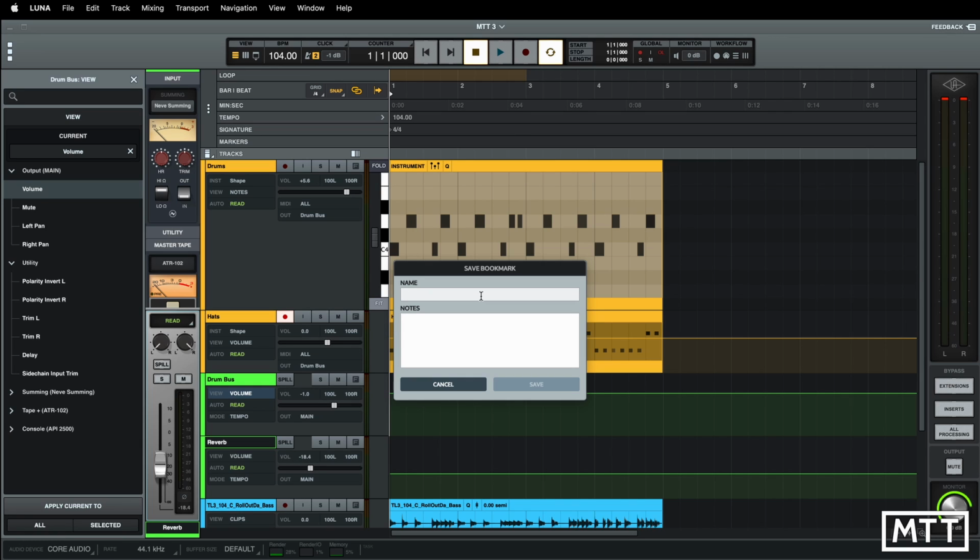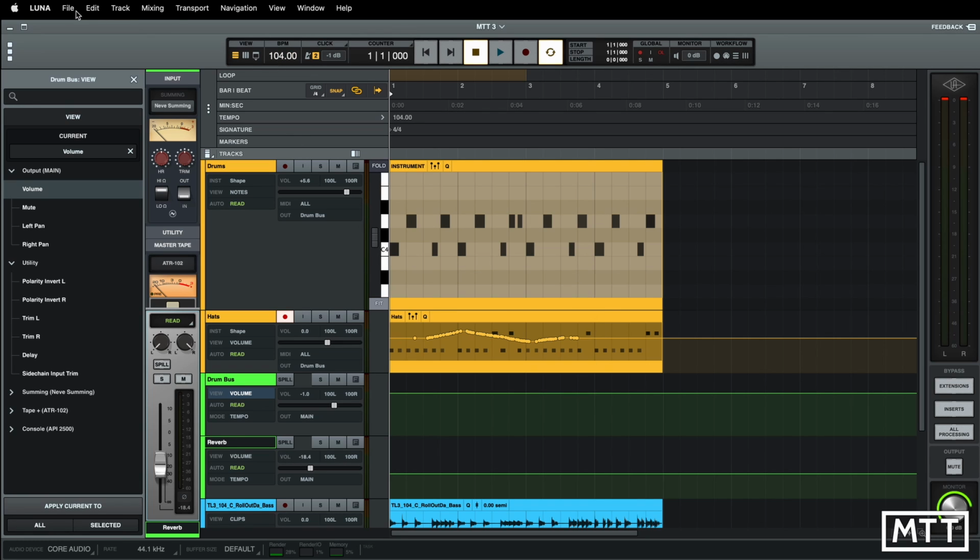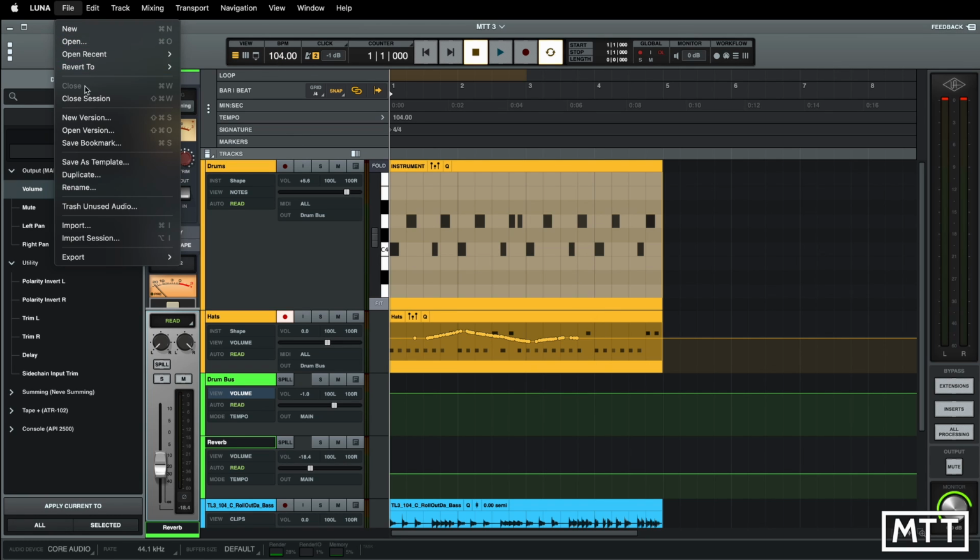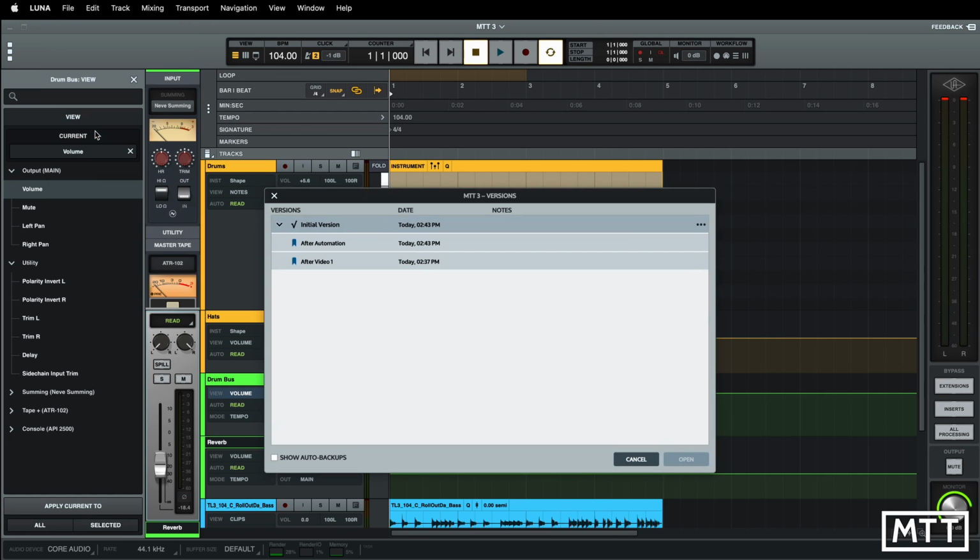saved in different places. So if I do after automation, you can open a different version. So we do open, and you can see we've got these 3 different versions available, which I really like because